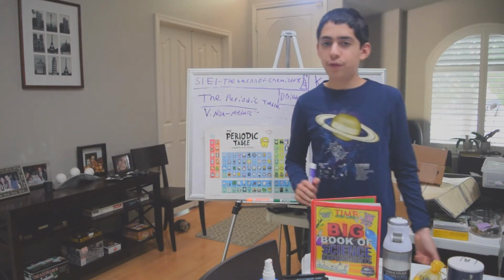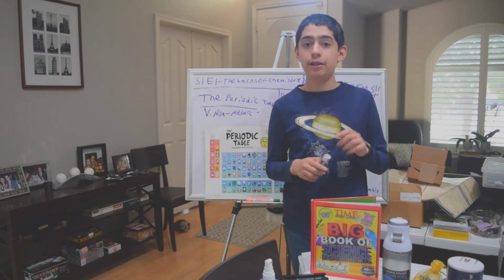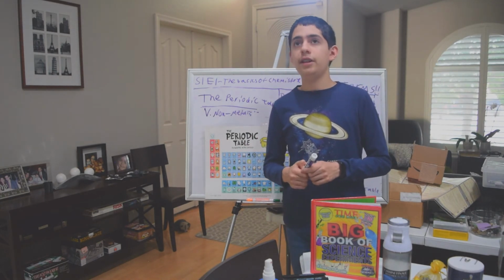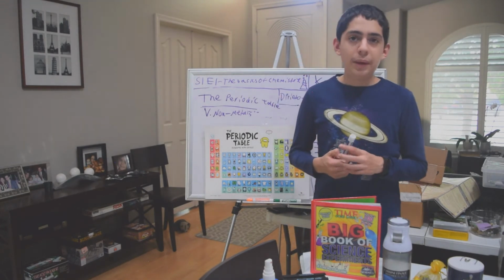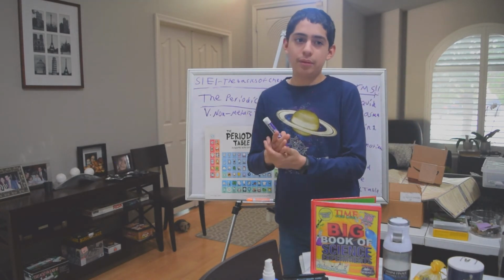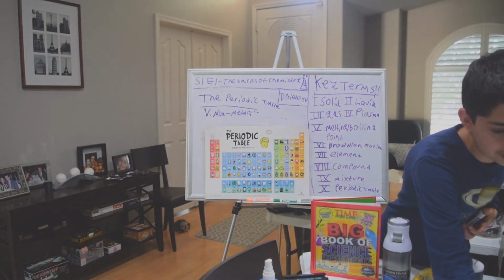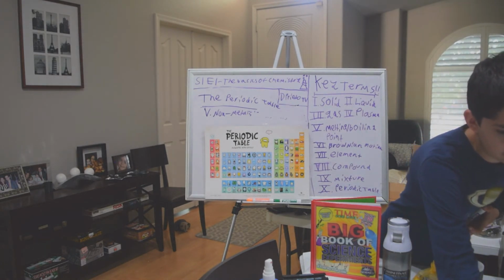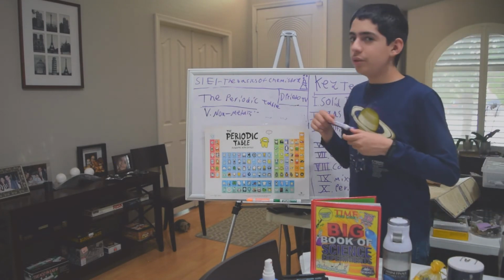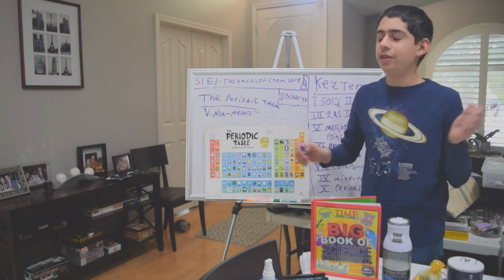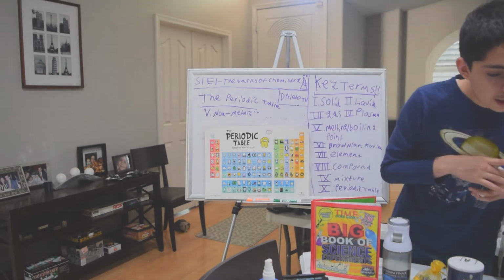They are good electrical insulators, which we will get to with electricity and magnetism later in this class. So basically, electrical insulators stop electricity, and we will get into conductors and insulators later. There are two types of nonmetals. There's polyatomic and diatomic, which I won't get into because that's more complex stuff.